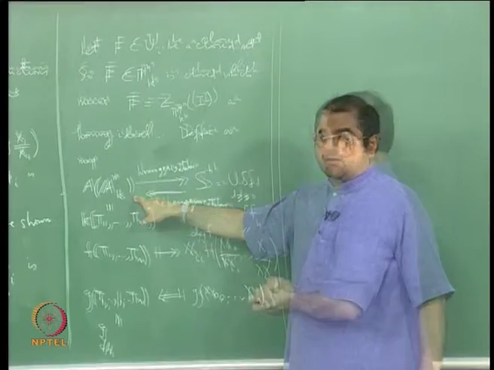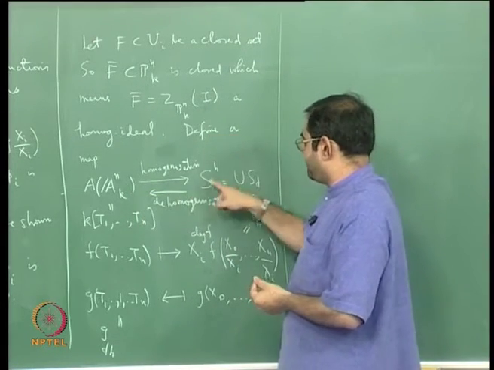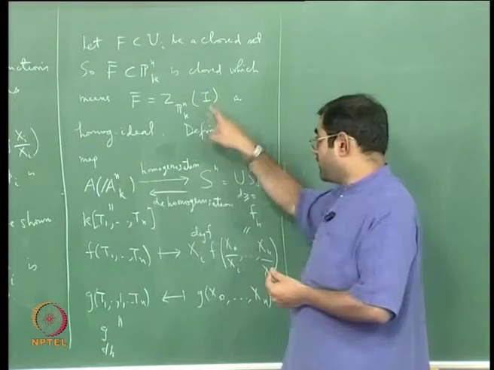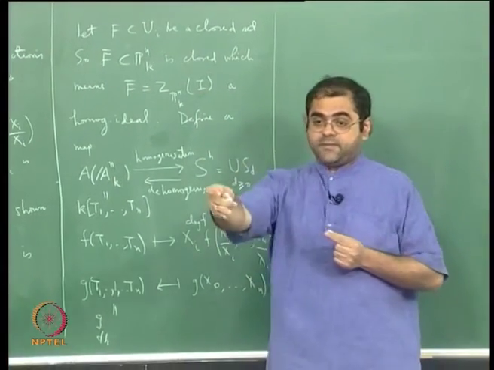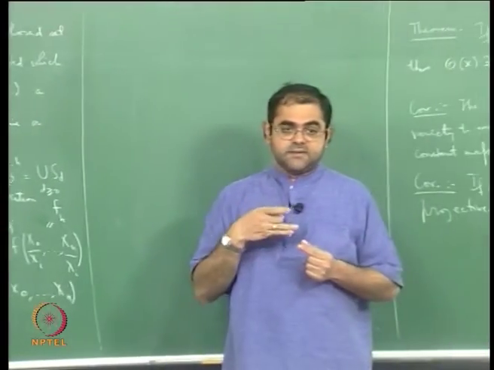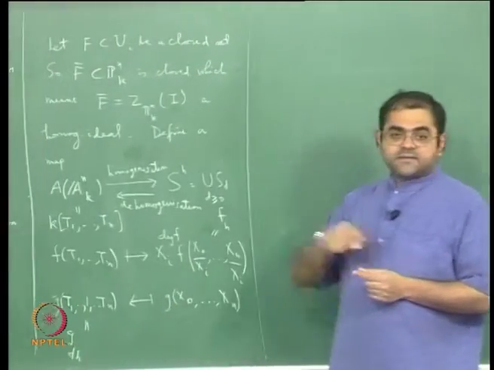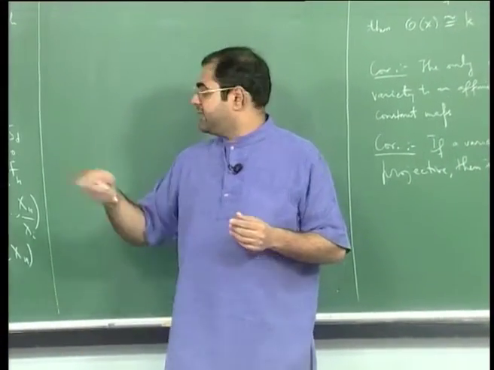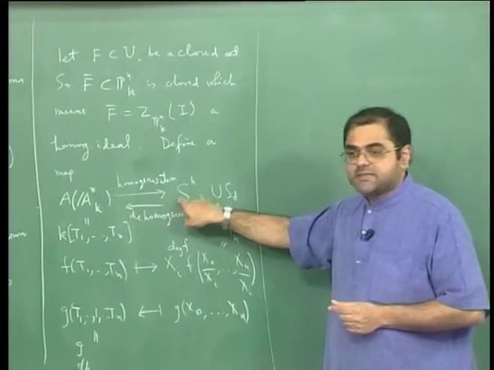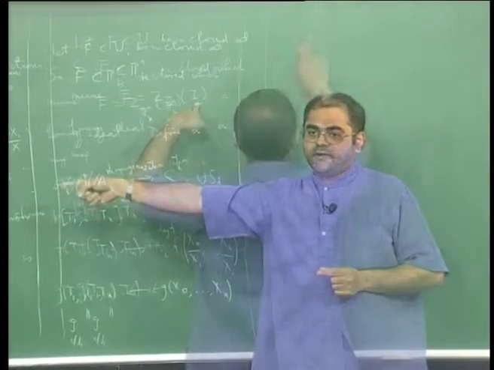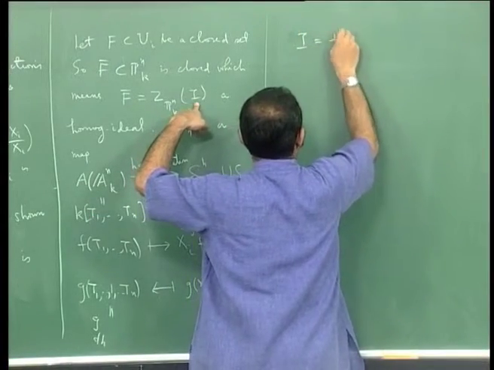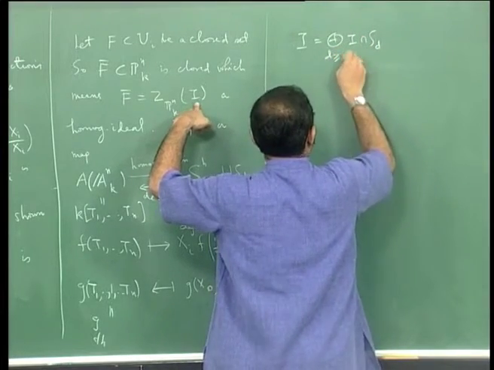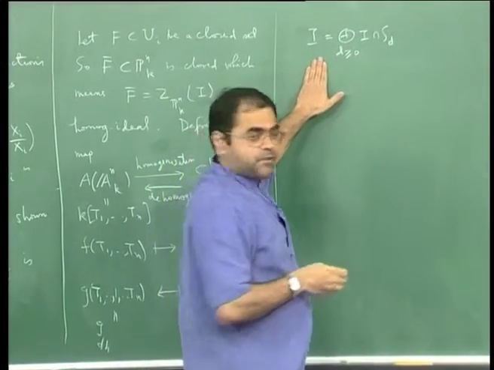just dehomogenize them. Okay, so essentially, the map is only from the homogeneous elements to the homogeneous elements. So this ideal breaks up into a direct sum of its homogeneous pieces, so the ideal I is equal to the direct sum of I intersection SD, and each I intersection SD is a subset here, and I take its image there. Okay, so I is the direct sum of I intersection SD, d greater than or equal to 0. This is because I is homogeneous. Okay, and